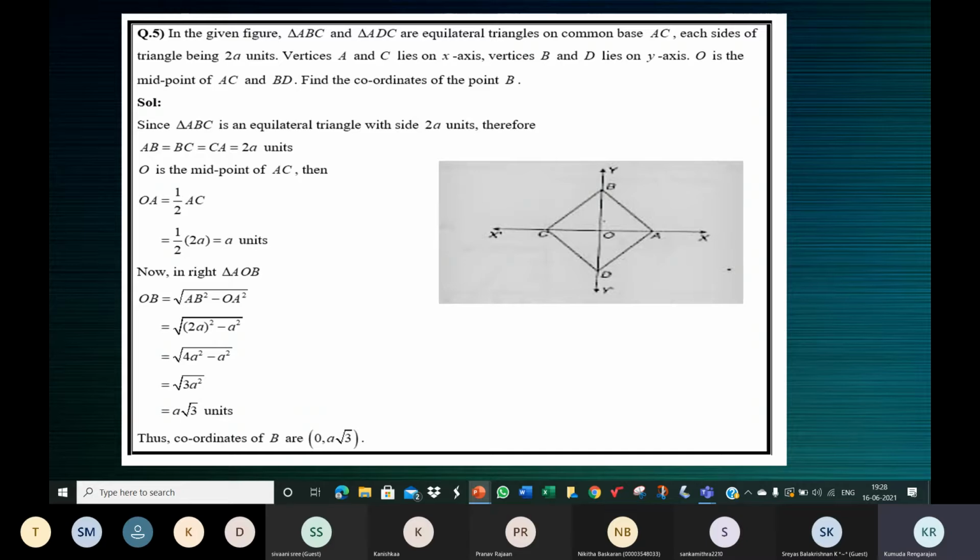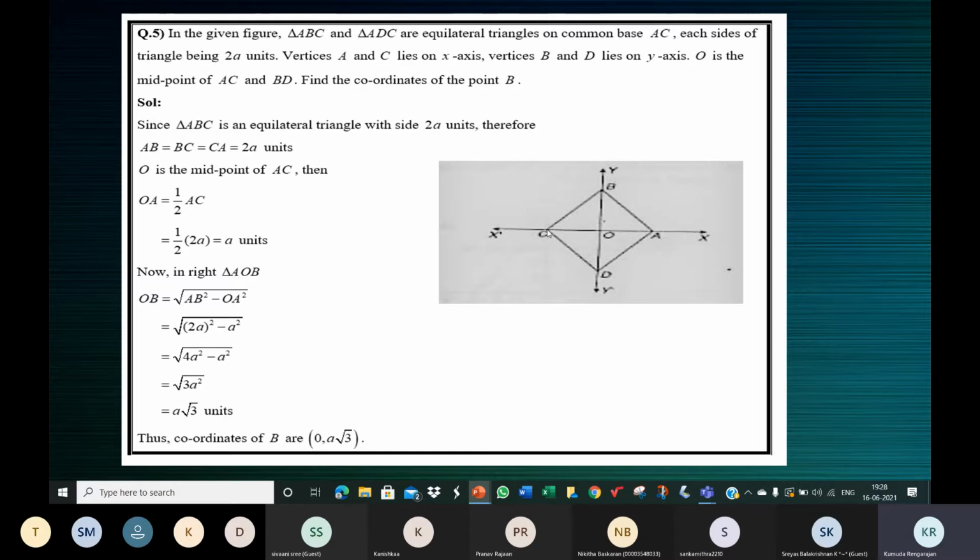So the coordinates of A and C. Because we know that AC is 2A units, and it's given that O is the midpoint of AC, OA is A units. See, this length from O to A is A units. So from here to here is A units. And since this vertex A lies on the x-axis, its y coordinate is 0. So the coordinates of A will be A comma 0,